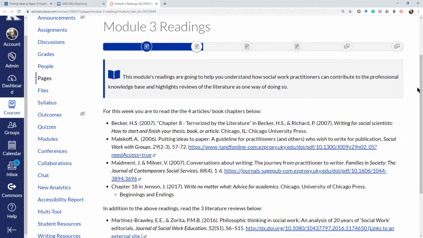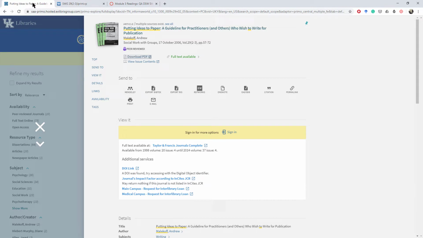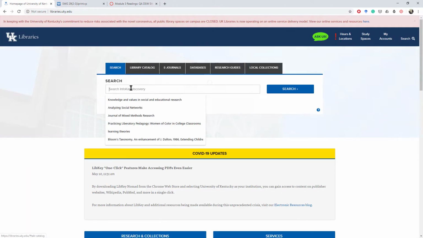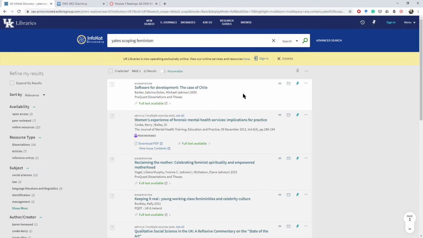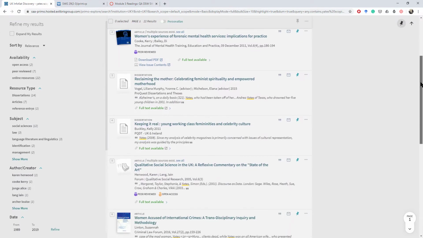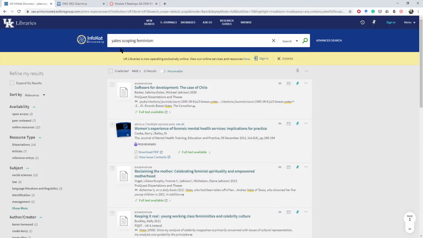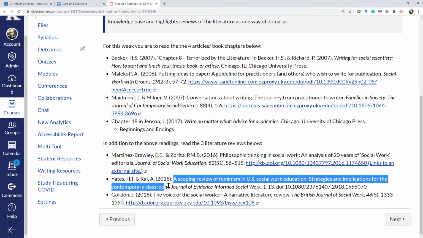Say we came upon an article here that was not as easy to find. Perhaps we are looking for this Yates article, which is a scoping review of feminism. And when we went to our UK libraries, I'm going to X out of here, and I'm going to type in. Typically if it does not come up in the first page, then it often isn't available, but maybe I need a few more keywords. So maybe I'll go back here to my article and I will select the entire title